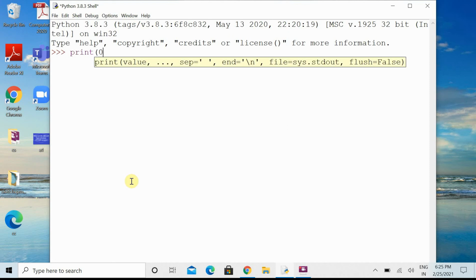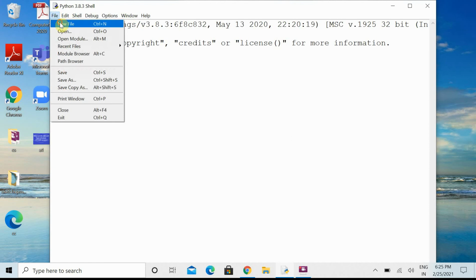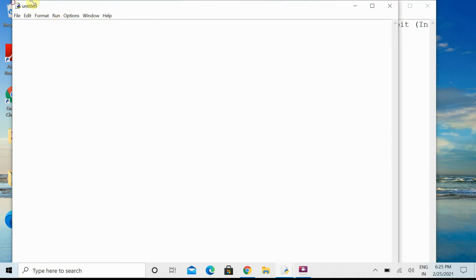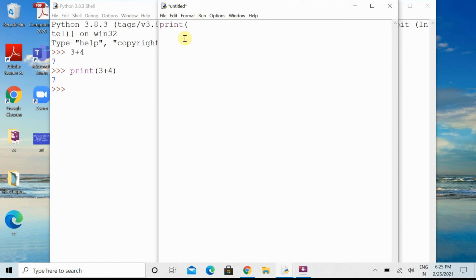Use of the print function. Normally, we are not using the print function in the shell environment, because the moment we execute or write anything, we get the result simultaneously. But we use the print function in script mode, where we write multiple commands. When we execute a script, it does not show the result at the same moment as the shell environment. For that we have to use the print function.